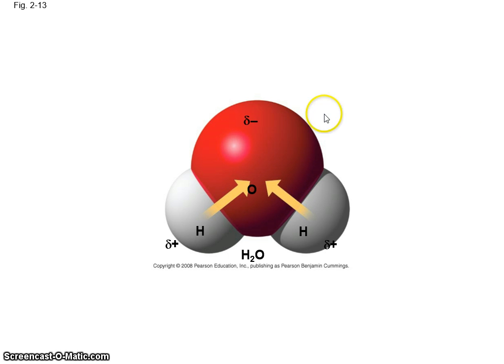Oxygen is a very, very electronegative atom, whereas hydrogen has a pretty small electronegativity. So oxygen has a higher affinity for electrons and will pull those electrons closer to itself. The electrons are not being shared equally between the atoms in this molecule. So let's pretend that we have these electrons here and we have them being shared here, because oxygen is pulling